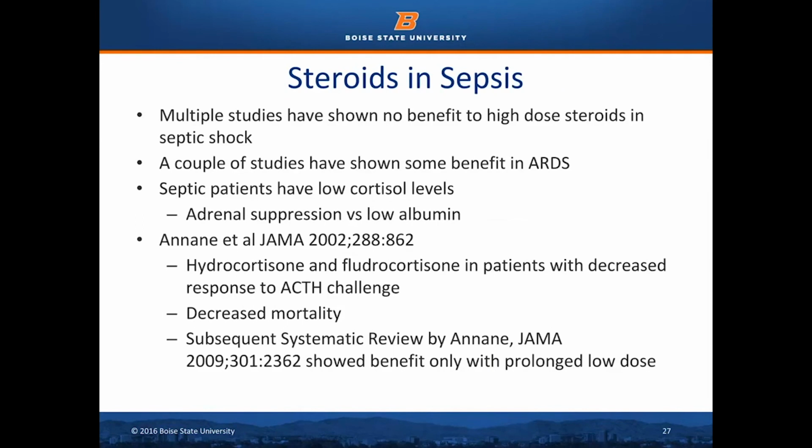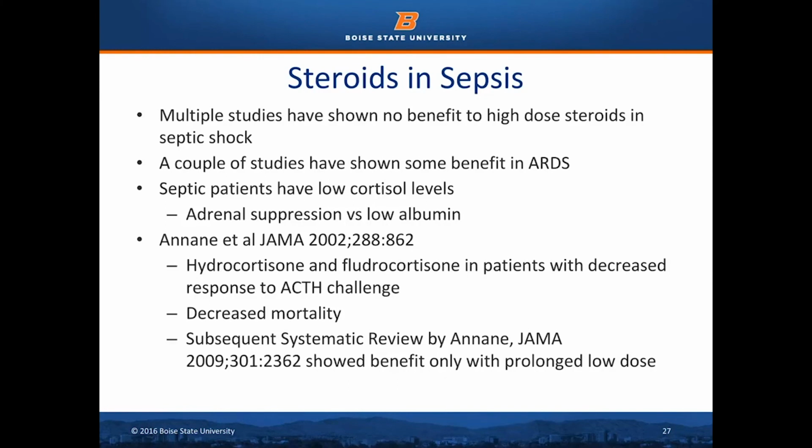Steroids and sepsis, there have been so many studies of steroids and sepsis, low dose, high dose, mega dose. The bottom line is this, that septic patients in general have less of an increase in cortisol than you would see with the same degree of hypotension in an otherwise intact person. And by virtue of that observation, Annane and others, but his study in 2002 showed that not just the glucocorticoid, but the mineralocorticoid. So hydrocortisone is the glucocorticoid, fludrocortisone is a mineralocorticoid, and that using those in low doses